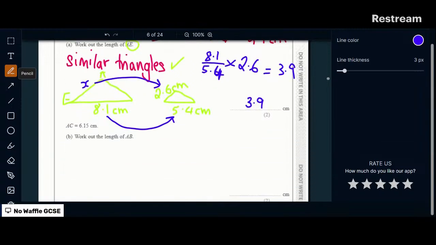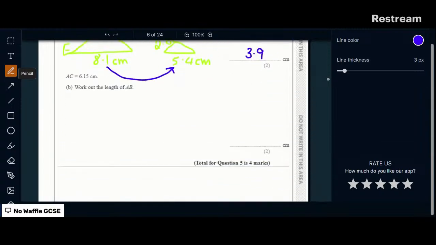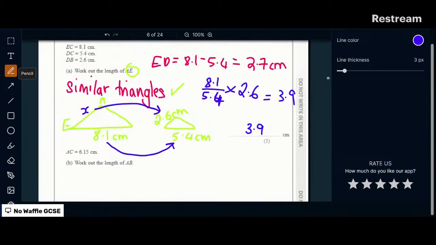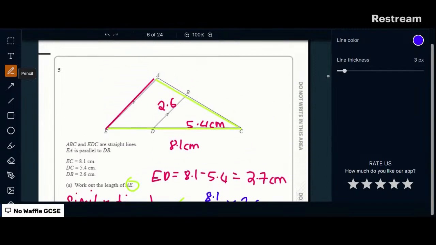Okay. Next, AC is 6.15 centimeters. Work out the length of AB. So AC is 6.15 centimeters, work out that length. So again, we're using the similar triangles property. So using the ratios then that we have,